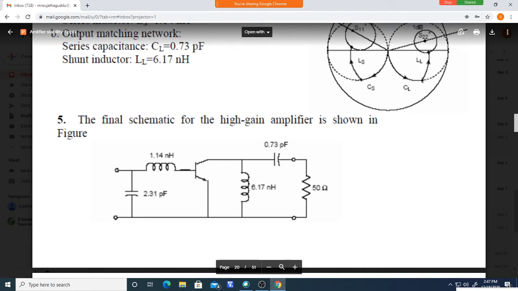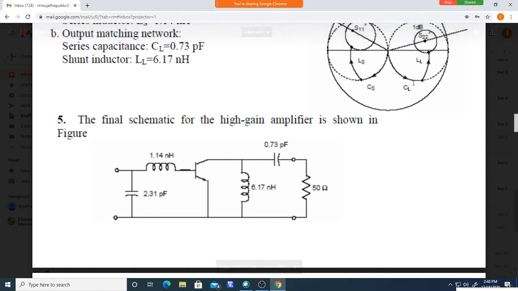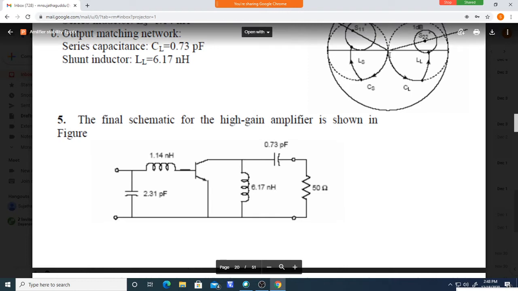Next, from here you move like this to find out which element it is, whether it is moving on a resistance circle. It is a converse problem, that's all. This is a converse problem of the L matching network. First we are moving on the R is equal to 1 circle, like this. Okay, we reach the conductance circle passing through this point. Okay, here. From here we move like this.